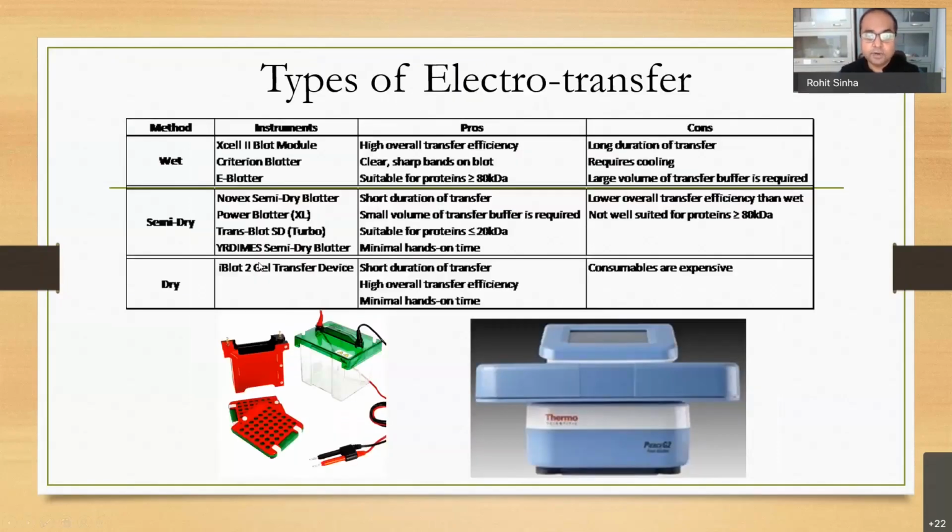So as I have told you, unlike the Southern and Northern blotting techniques, it's not based on capillary action. So we use what we call electro-transfer. There are different types of ways in which you do electro-transfer. The old method, and still a very important way to do electro-transfer, is through using a wet transfer system. Wet transfer system is that you submerge your